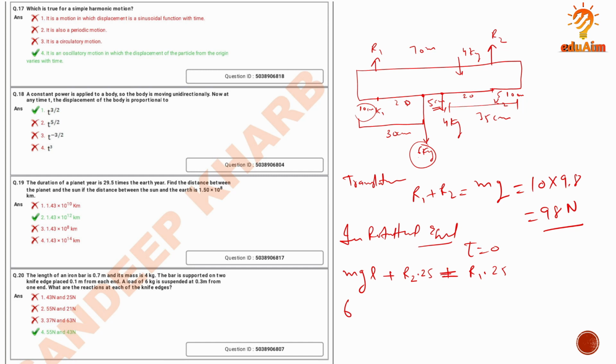So mass is 6 kg suspended, this is 9.8 into L is 5, plus R2 into 25 is R1 into 25. So solving this equation second and this equation first, we have R1 comes out to be 55 newtons and